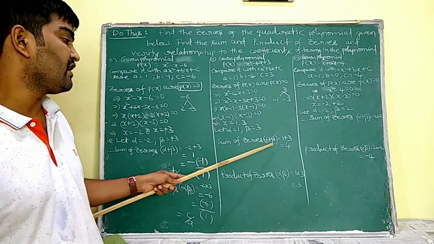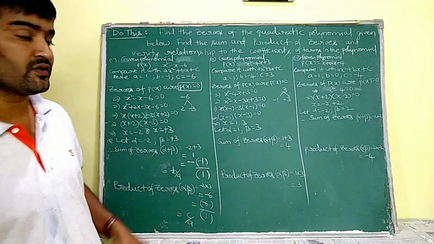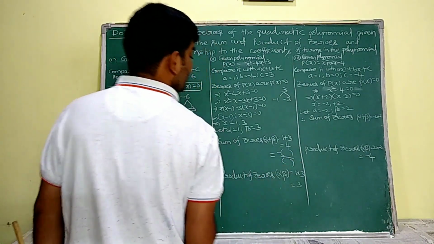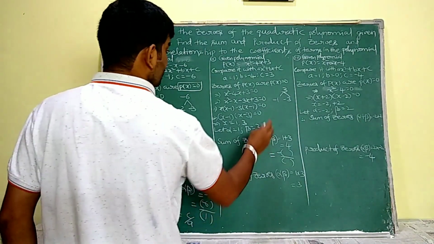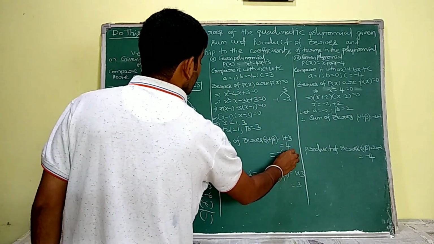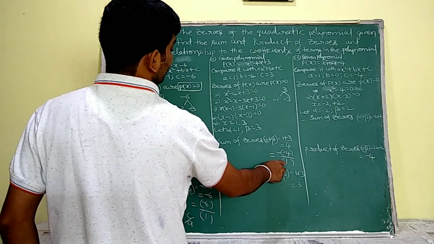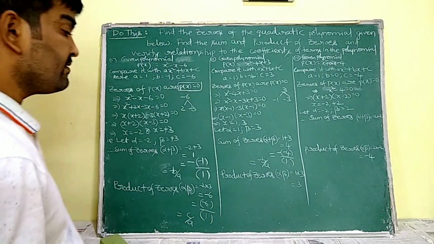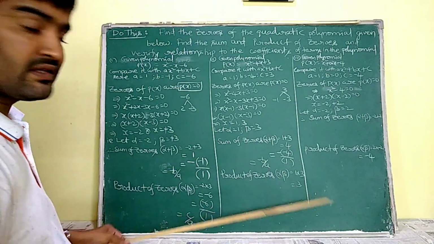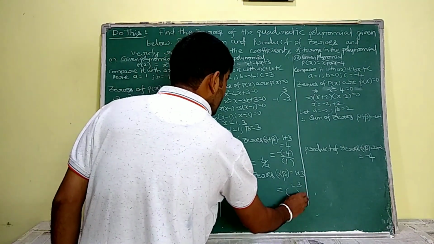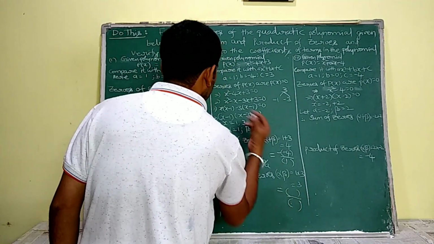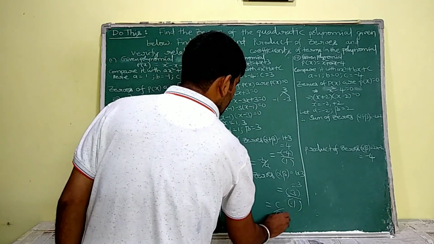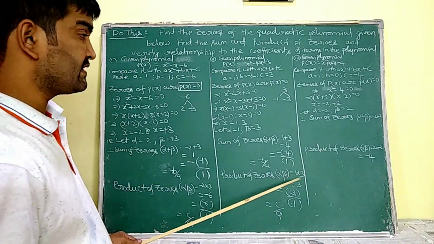Therefore, the sum of the zeros alpha plus beta is equal to 1 plus 3 is equal to 4. Again we know the sum of zeros is minus b by a. We have to see whether it is equal to minus b by a or not. So minus b means minus of minus 4, and a is 1. Minus of minus 4 by 1 means plus 4 only. So that is why it is equivalent to minus b by a. Similarly, product of zeros, 1 into 3, we obtain 3. We have to see whether this 3 is equivalent to c by a or not. Now c is 3 and a is 1, so 3 by 1 is equivalent to c by a. Product of zeros is also verified, c by a.